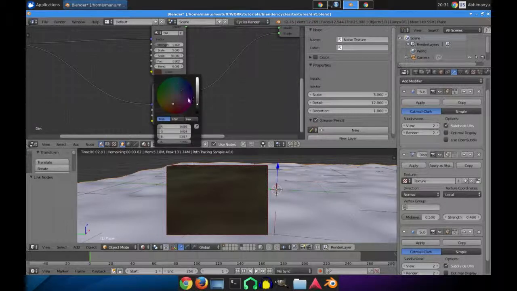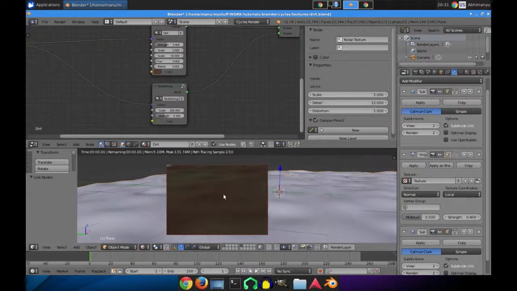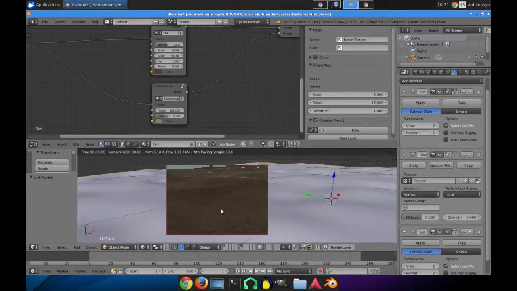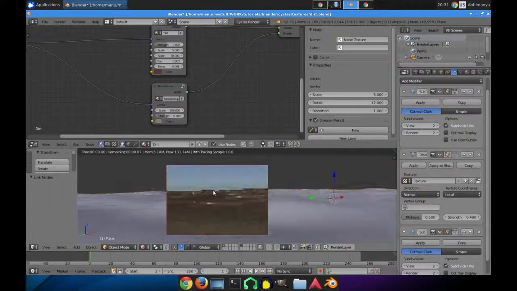Now I can make it lighter and this one a little creamish. Yeah, this looks good to me,